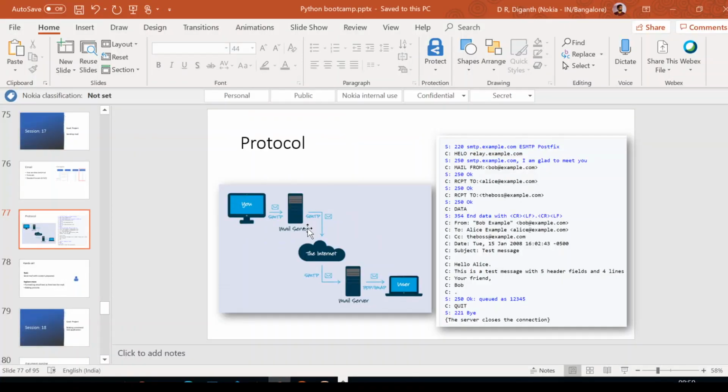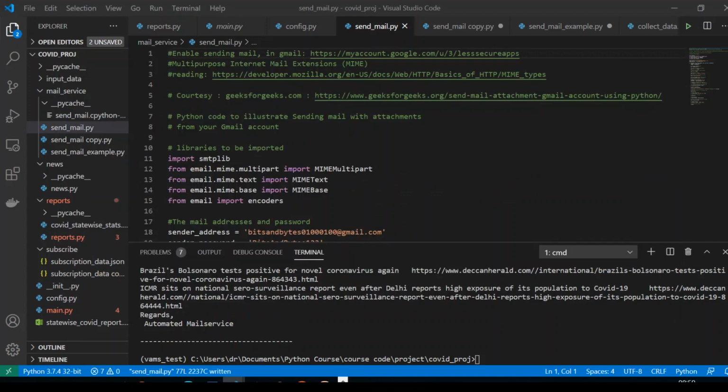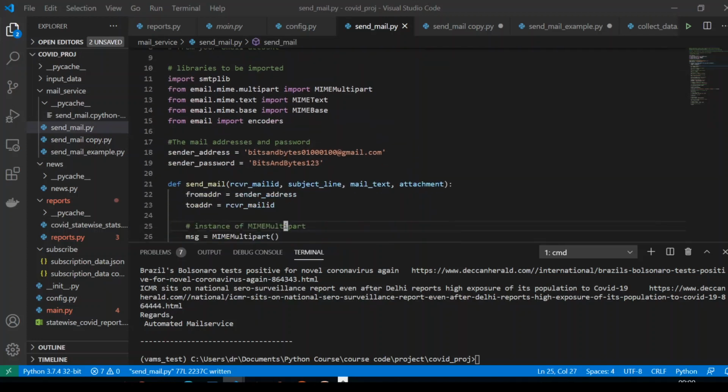SMTP. So in order to do that, we come here. I took this from GeeksforGeeks, and there is a lot of material about mail formats and internet exchange formats. So read it later, but let's get into code quickly.